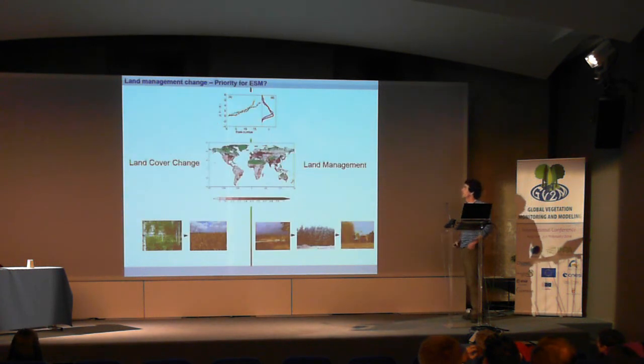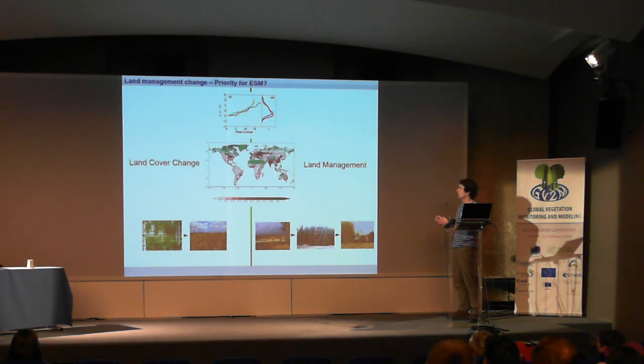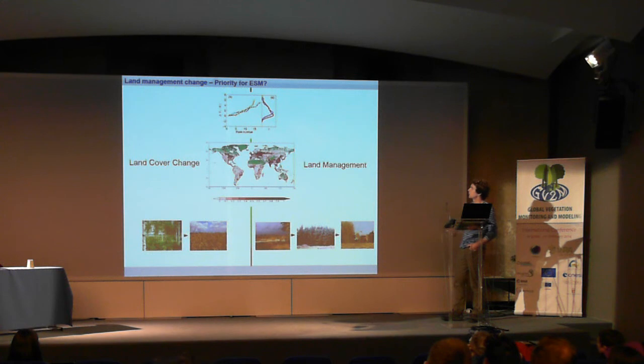So we thought this was, at this stage, enough evidence to start thinking about putting land management into the models. So we made a checklist. The first was, okay, we have land cover change, we have land management change, and it seems that the effect at the square meter, at the site level, is very similar. So if that's true, we should treat them equally in our models. The second question is, well, maybe land cover changes are a lot more important. They happen all over the place, and maybe land management is restricted to very small areas. So we did some kind of half an analysis. It's not a proof, but it suggests the possibilities.